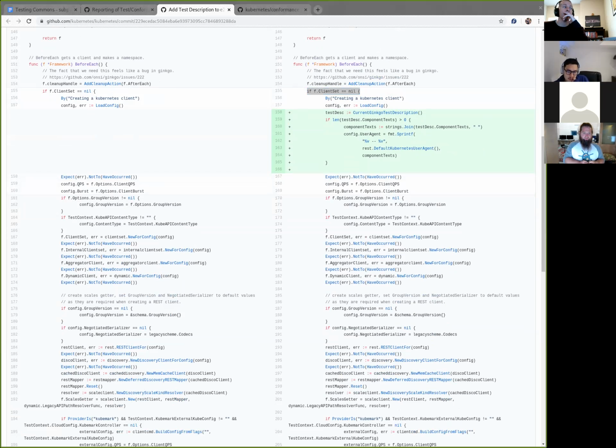Well, what's confusing is that the client set doesn't exist yet, and anytime it does get called to create it, it still should be. It's as if we're making a client call within the code and it's not using the client created in before each. It's as if another client is somehow available. I'm not quite sure how that would work.